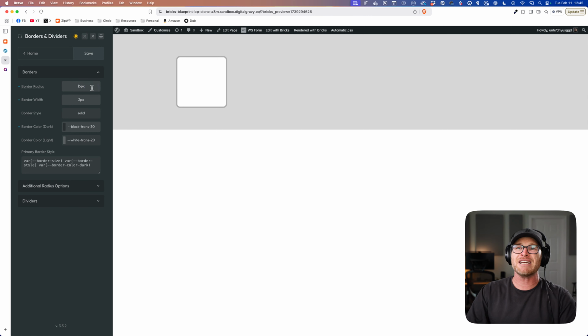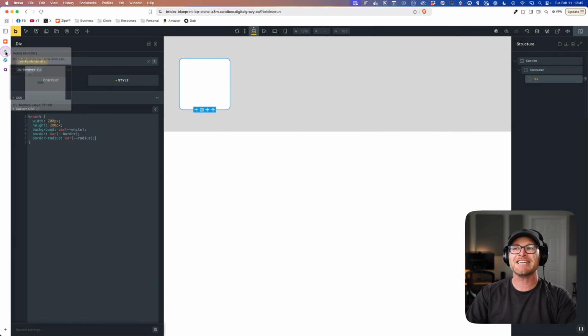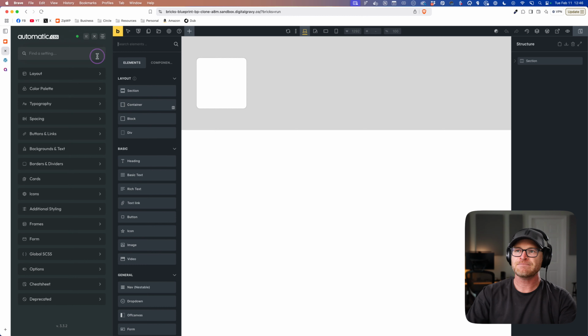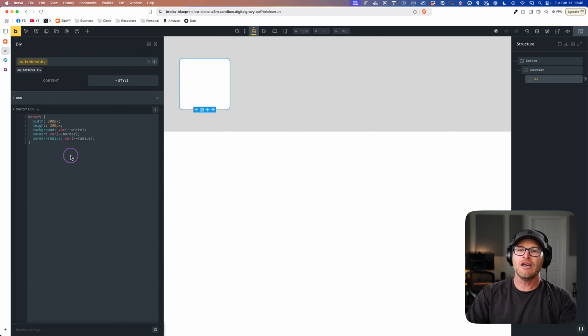And then the border radius, like maybe we say on this website in particular, our general radius for things is 15 pixels. So I have just configured my border system for this website, which means that I can very easily and consistently apply borders anywhere. So let's go back and refresh the builder so it has all those things updated for it. Look how easy it was for me to apply the border style.